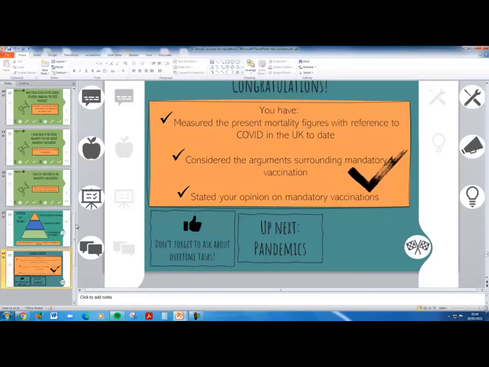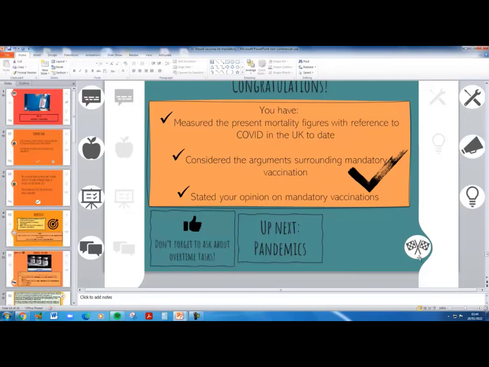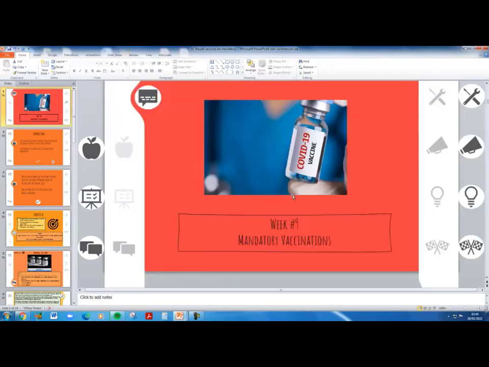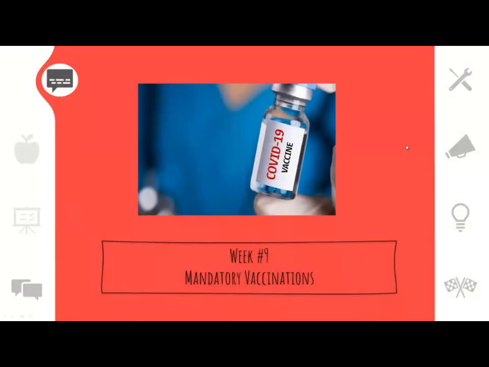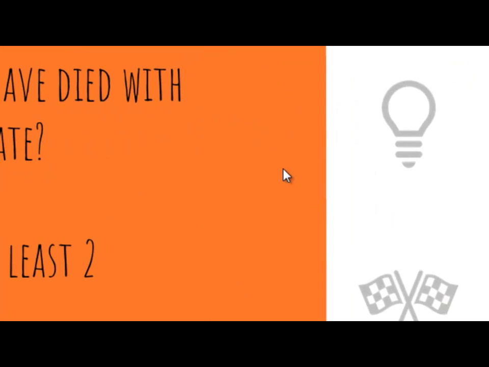So here we are again, the slides that I've just described, but now they're full of content, and I have hyperlinked using these icons to different places around the presentation. So when the learners come in to start the lesson, this might be the first screen they see. So I'll just go into presentation mode now, and just imagine I've got a group of learners and I'm going to talk about the ethics surrounding mandatory vaccinations. So that's the topic, and I'm going to start them off with a wake-up exercise, a starter task, and hence